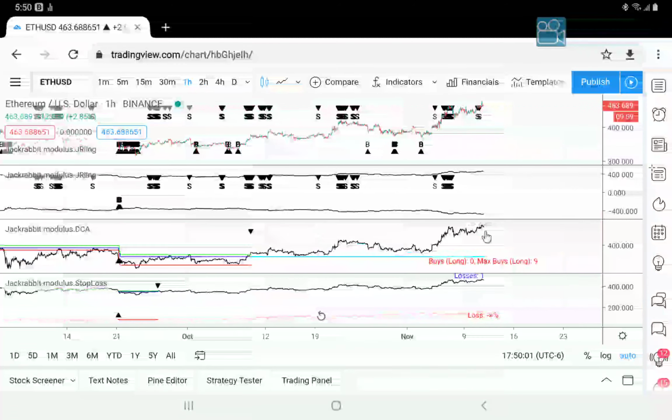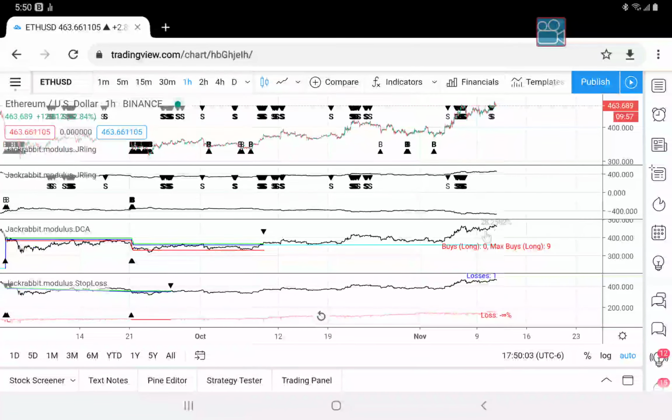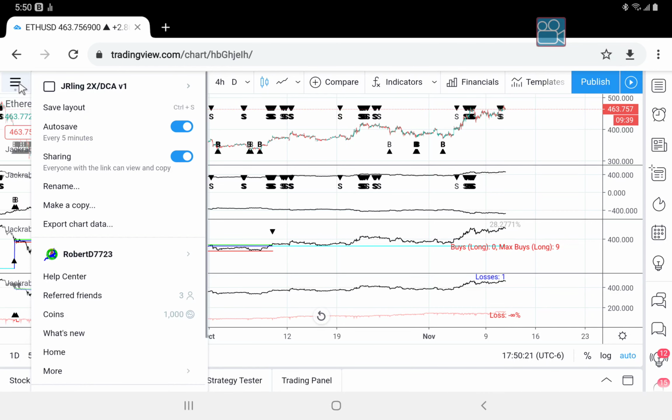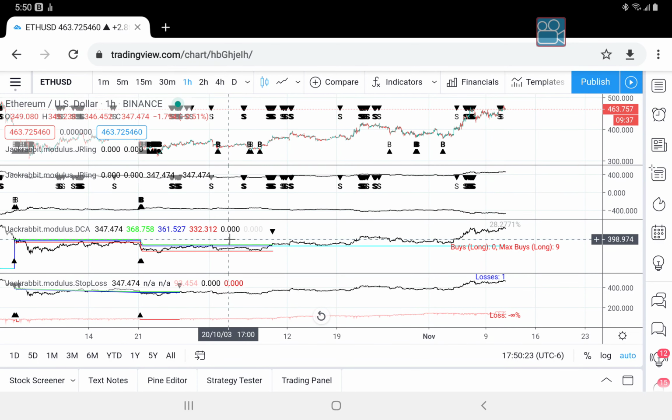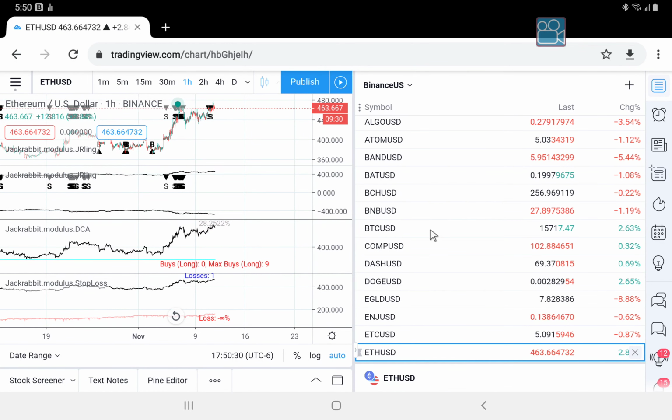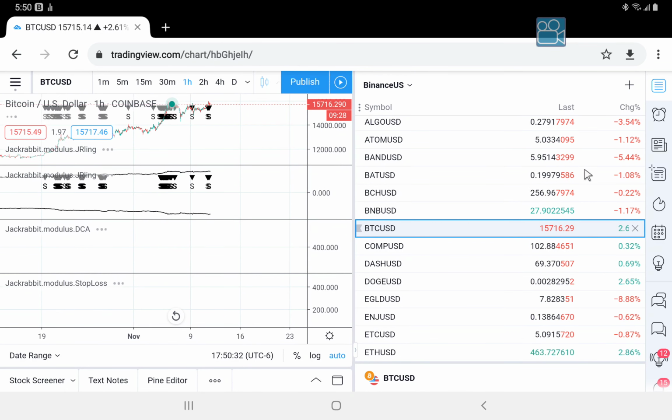Unusual, out-of-the-box thinking, where you can choose either dollar cost averaging or a stop loss. And the stop loss is linked to the second JRling indicator. This type of thinking takes your trading to the next level and prepares you for a market that has unusual circumstances. Let's go to BTC